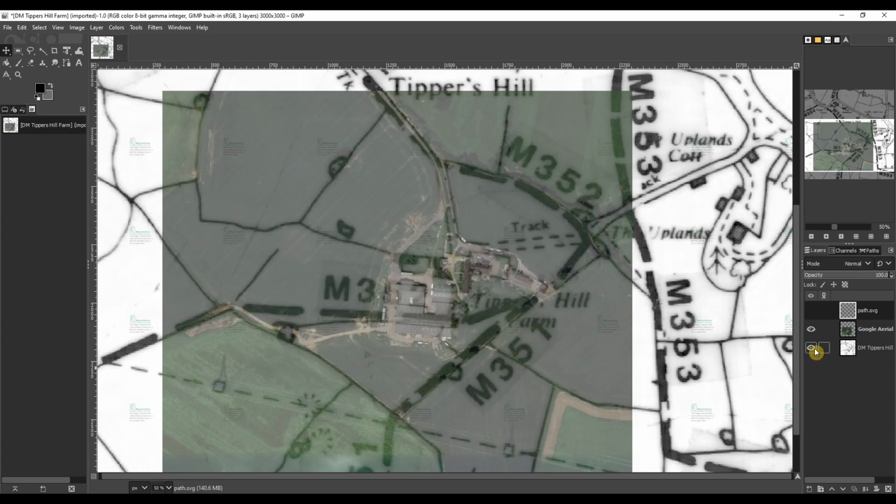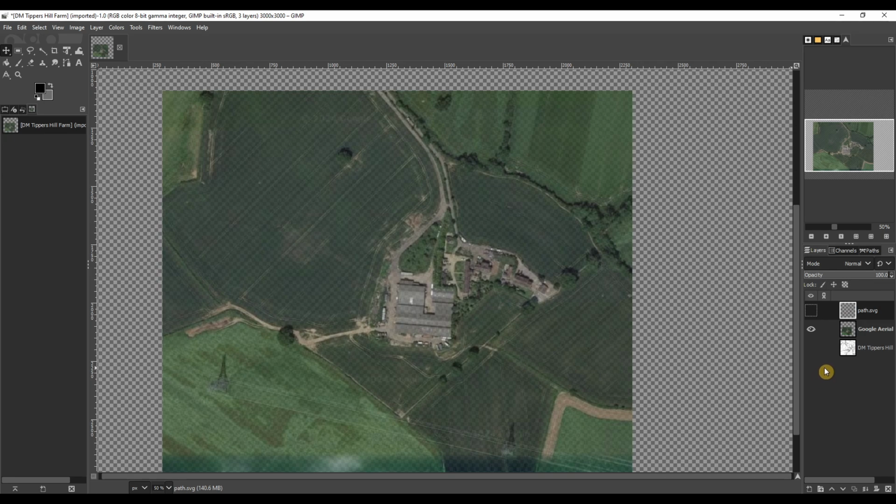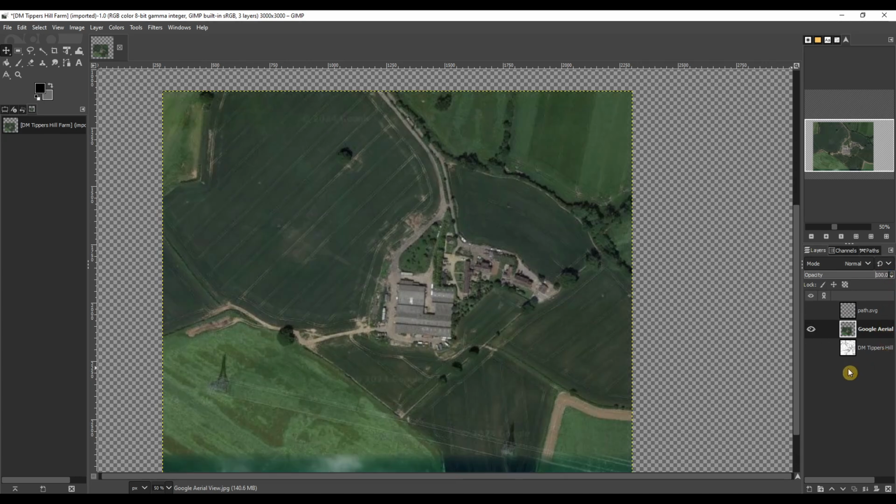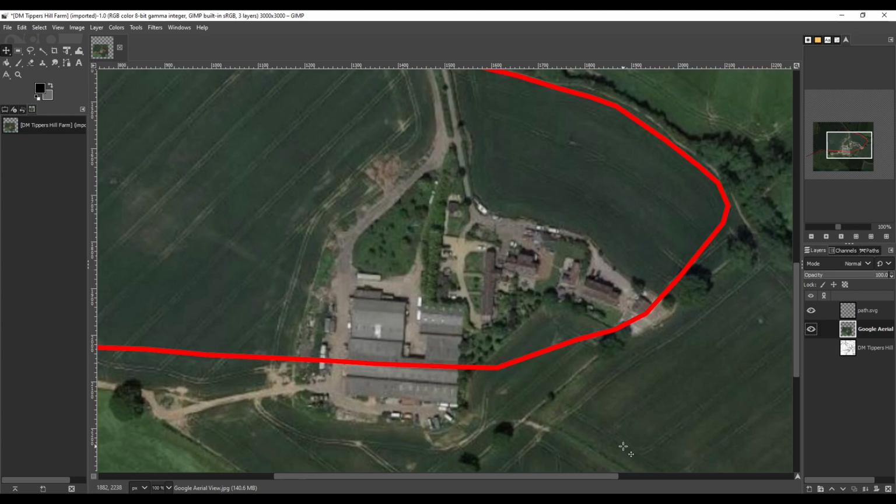So now I'm going to drop out the definitive map. We just got this. I'm going to change the opacity of this to 100%. And now I'm going to turn on the path. And there's the path on top of the definitive, on top of the Google view. And that looks like a pretty good match to me. So what we can now do is we can zoom in, and we can see now with quite some degree of certainty,